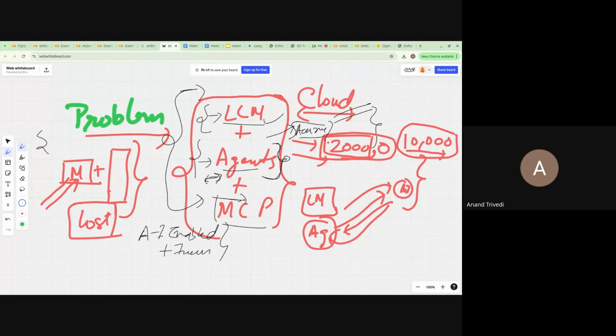Obviously, if you are already ready, you know that there are a lot of people who are going to hit your server and everything, then you can go ahead for a $4,000, $5,000, or $10,000 server, or whatever you wish to, right? So basically, it all depends on the application and on the problem, right?